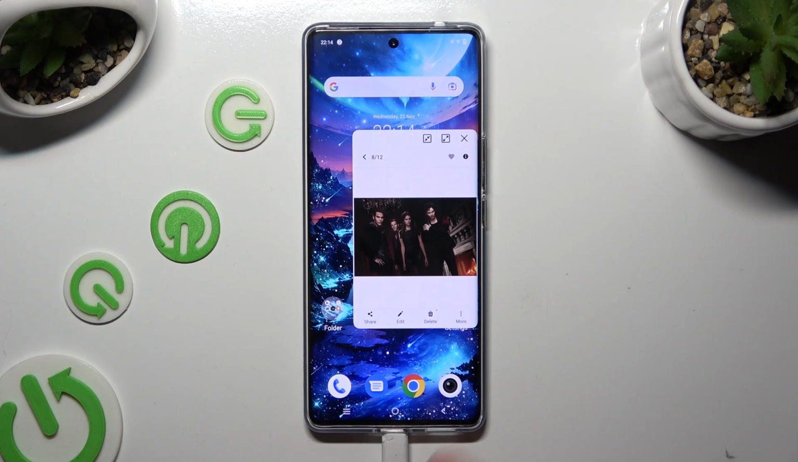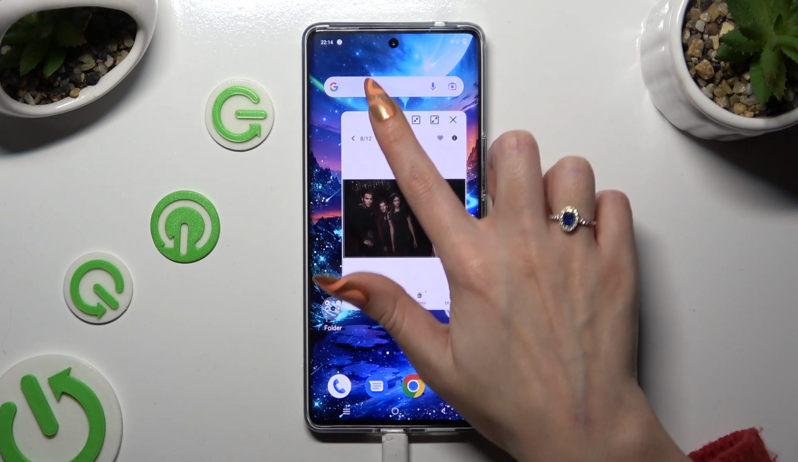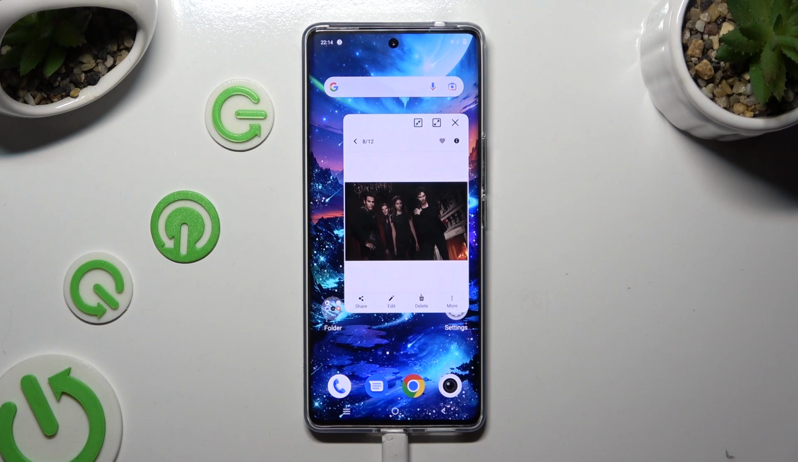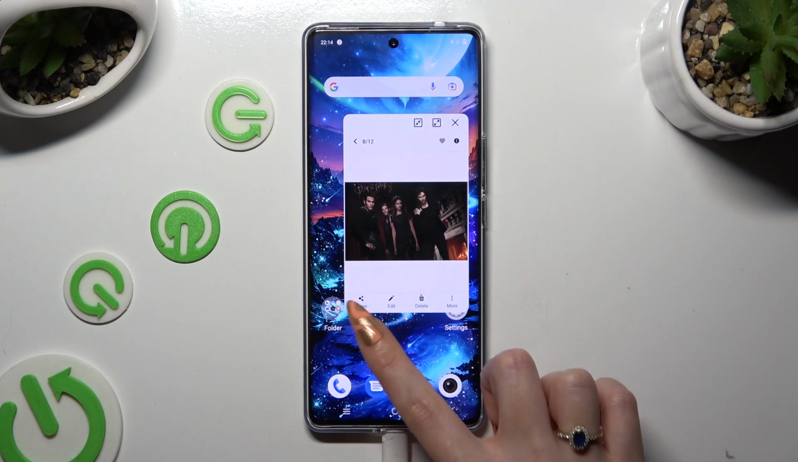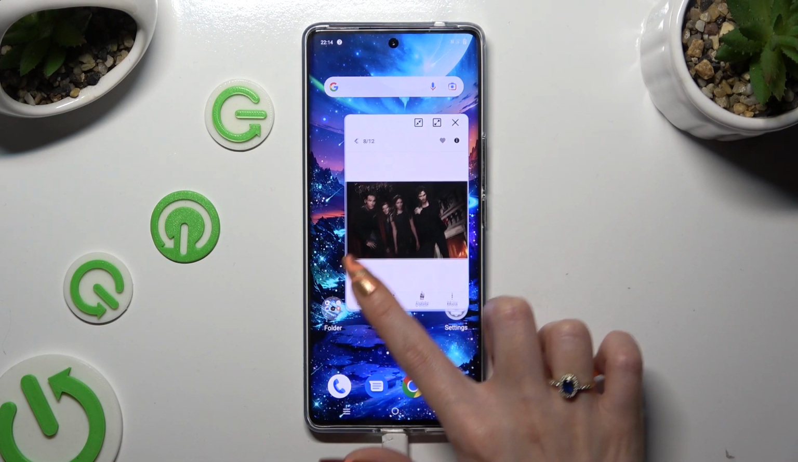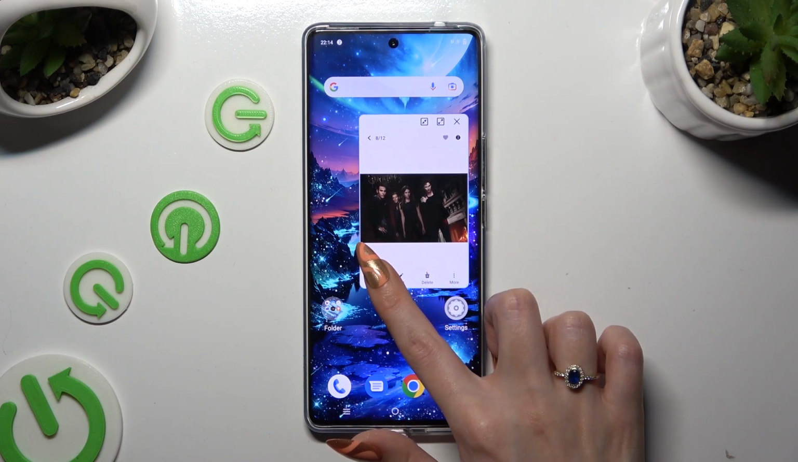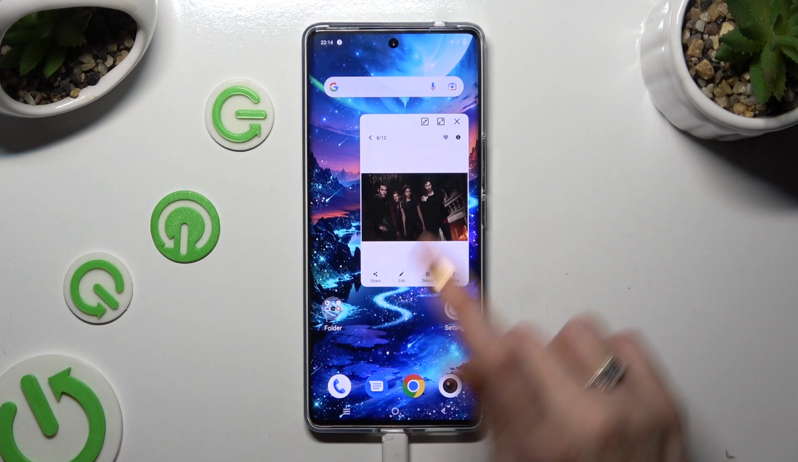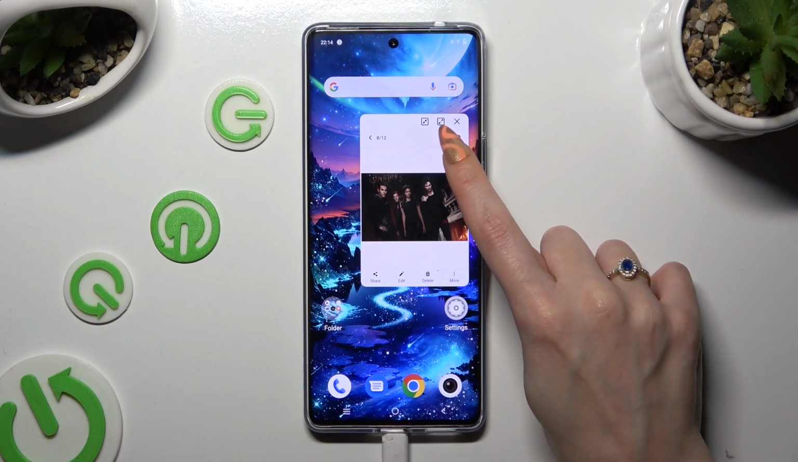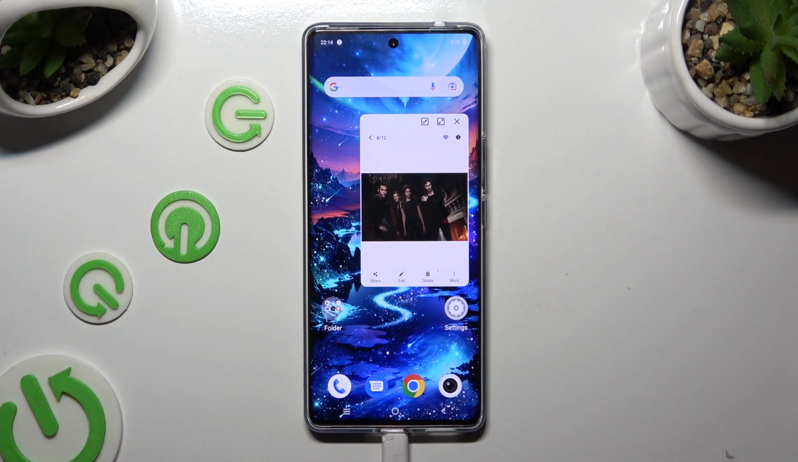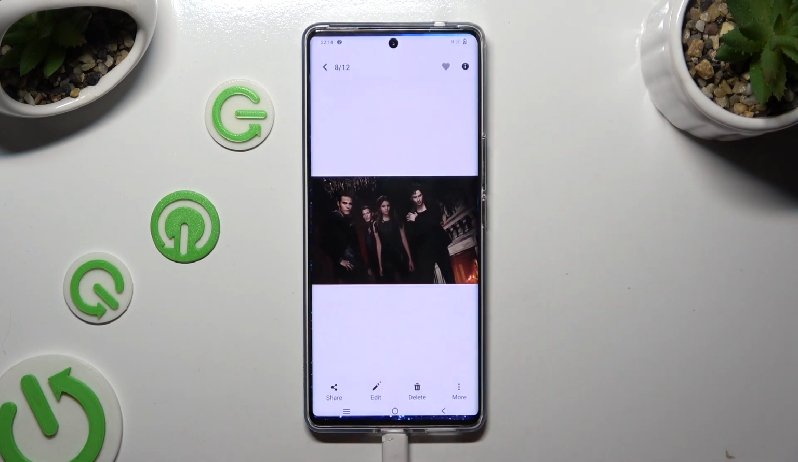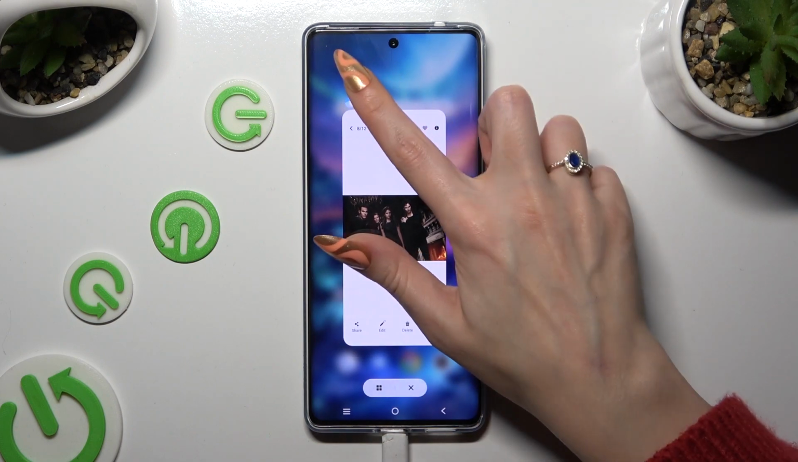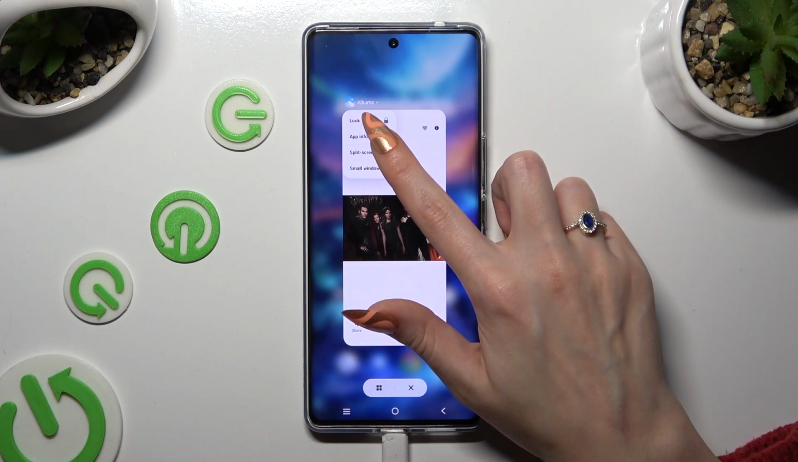To move it around, just hold it and drag it. To change the size of it, hold one of its bottom corners, pick the perfect size and let go. And to use it in full screen view, click on this icon in the middle of the other ones at the top right corner. You can also use this icon on the left